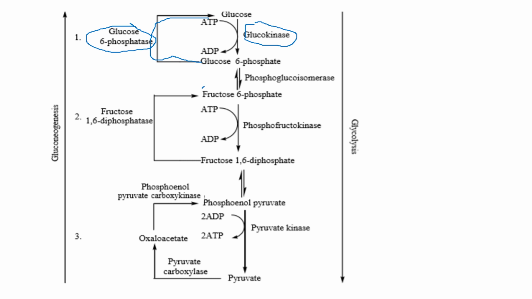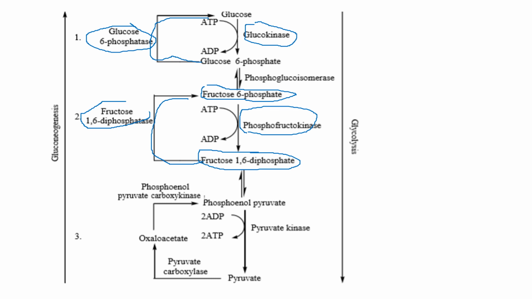Second, the conversion of fructose 6-phosphate to fructose 1,6-bisphosphate is catalyzed by phosphofructokinase in glycolysis, whereas the conversion back of fructose 1,6-bisphosphate to fructose 6-phosphate is catalyzed by fructose 1,6-bisphosphatase. Third, the conversion of phosphoenolpyruvate into pyruvate is catalyzed by pyruvate kinase in glycolysis, whereas the conversion back of